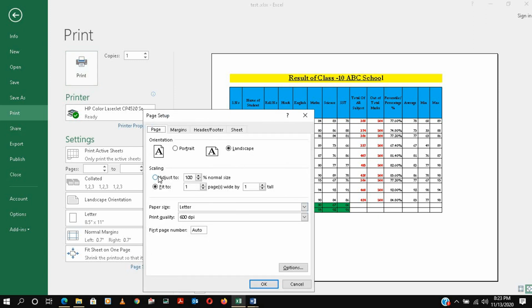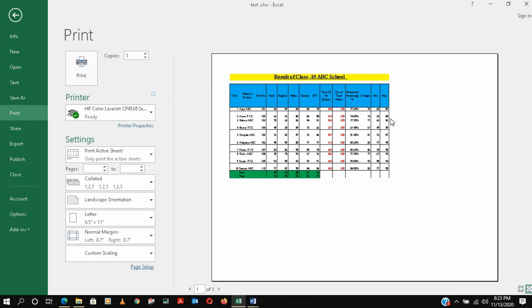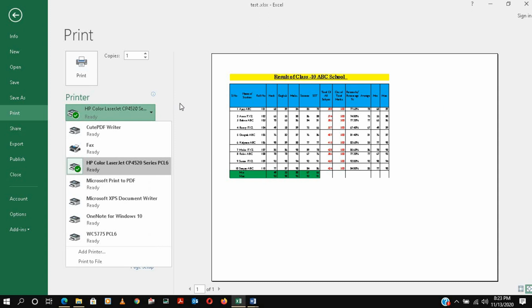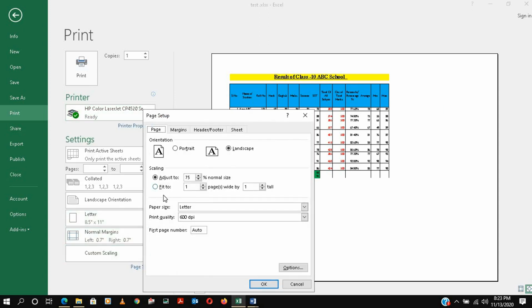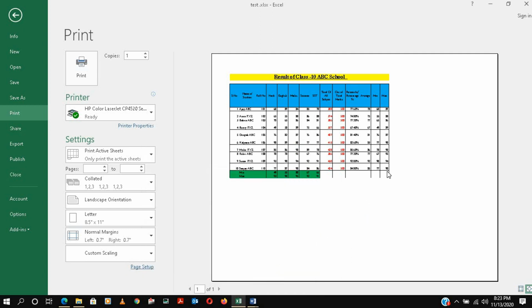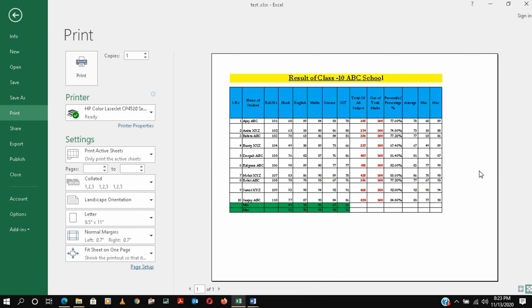So page setup, generally if you adjust here, sometimes you will see that your sheet in your page is coming this much only. So what you will do in that case, you just go to page setup. In Windows 7, 8 or 10, all the versions have the option to fit, maybe difficult in MS, what you call previous versions. But right now, in all the Windows versions, you can just do fit into one by one or whatever pages are there, so it will fit automatically. So it will take automatic space in your sheet.